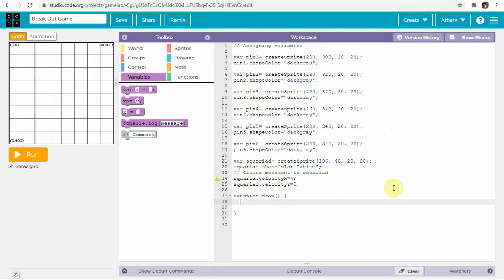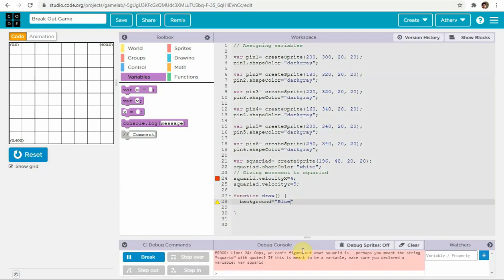Now we'll come inside the function draw. Now the first line would be background equal to BLUE. Right. Now let's run this code.